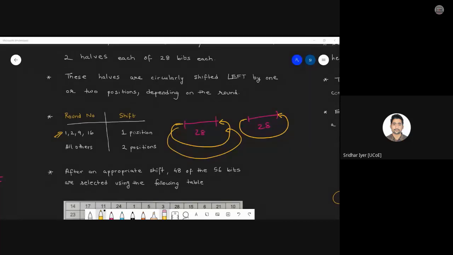Depending upon the round number, the keys will be shifted to the left. If the round numbers are 1, 2, 9 or 16, they will be shifted to the left by one position. If the round numbers are anything other than this, the keys will be shifted by two positions. And then we select the 48 bits according to this table.